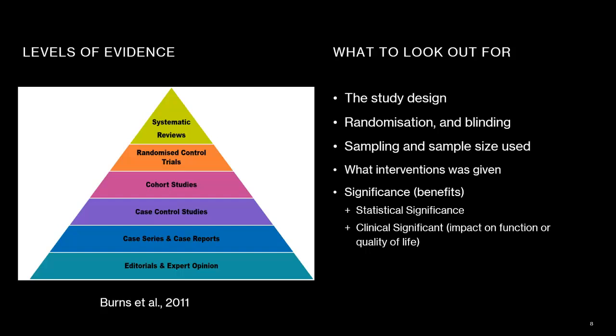So in single primary studies, you would need to look out for the study design, the randomization, the blinding, the sampling, the population, and then the sample size used, what sort of intervention was given, and then the significance of the study. So in looking at the significance of the study, we want to talk about the statistical significance and then the clinical significance. When we say a statistical significance, meaning that the study was able to prove some level of